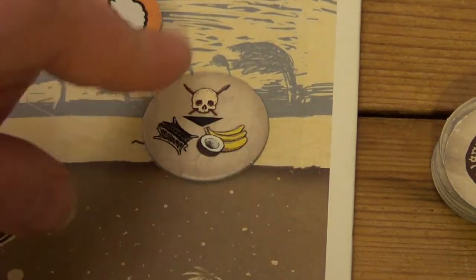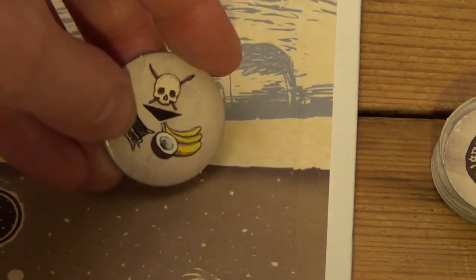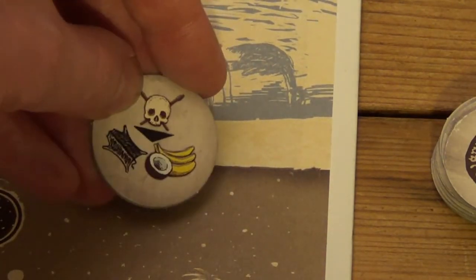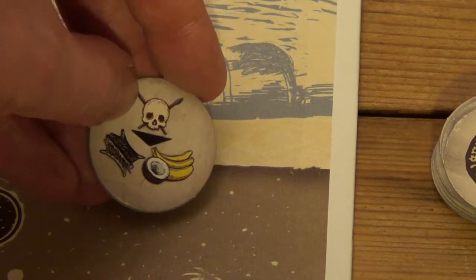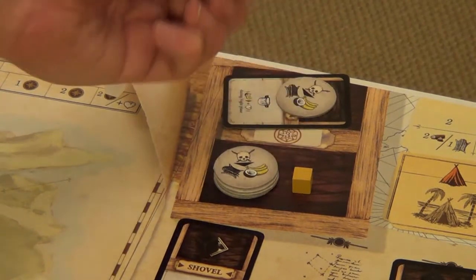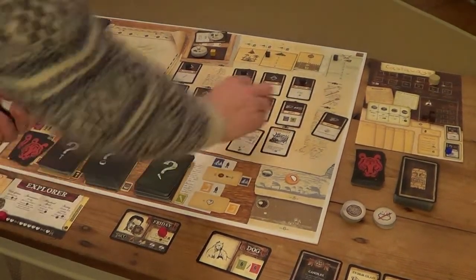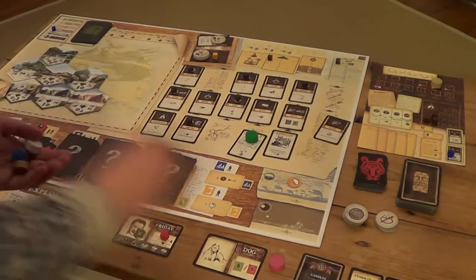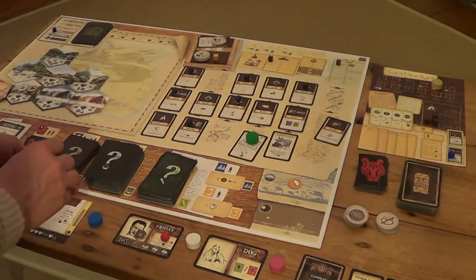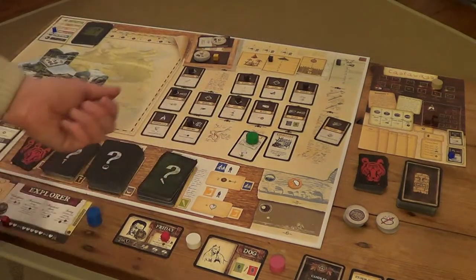So the idea here is that we find a goat, we can take it back to camp, and when we want to kill it, we get a fur and a food. That's going to be handy. Grab these action tokens. Put these back. Resources get spent. And now these 2